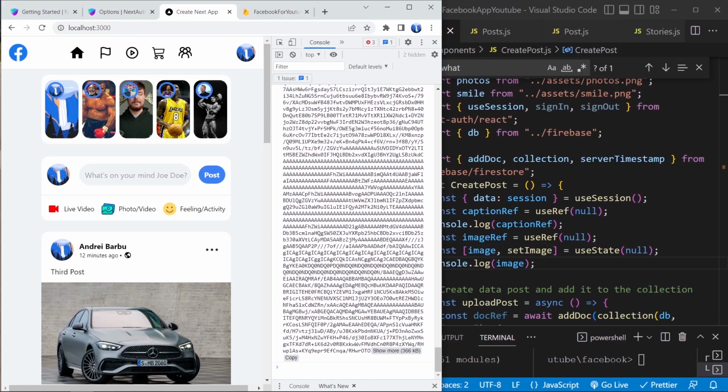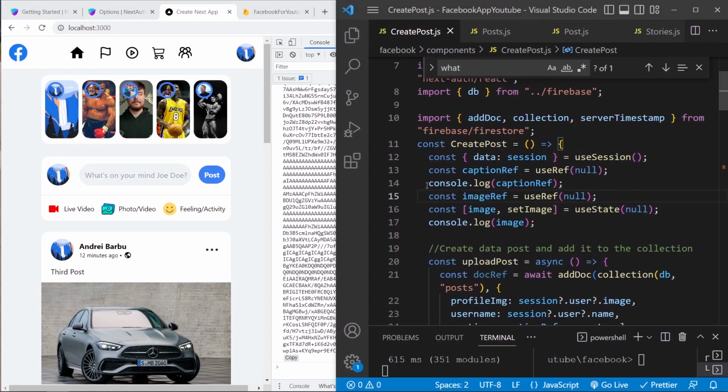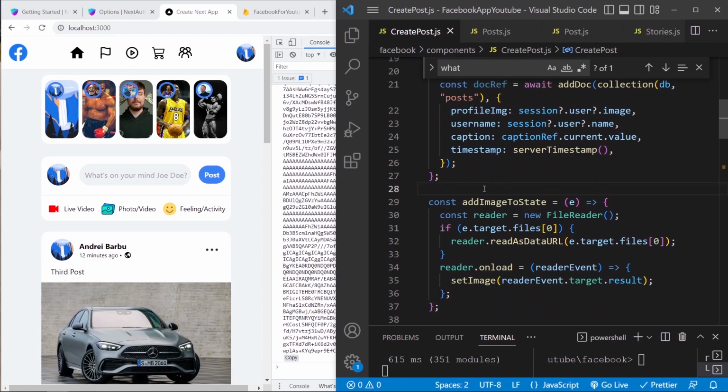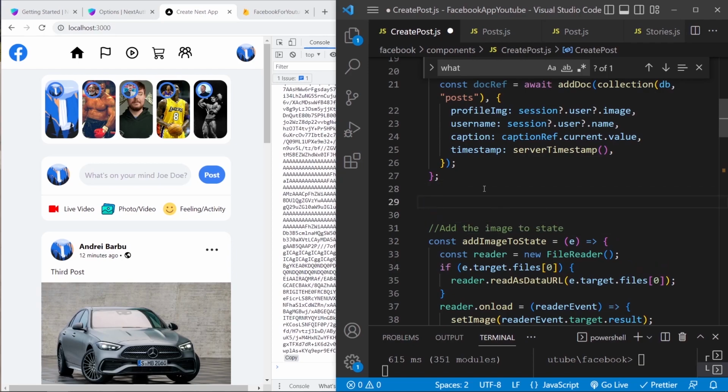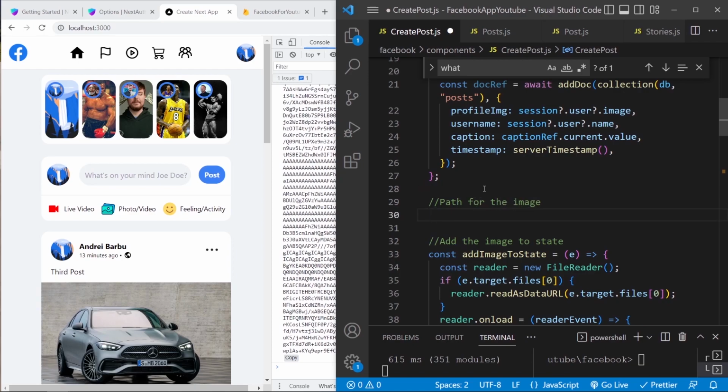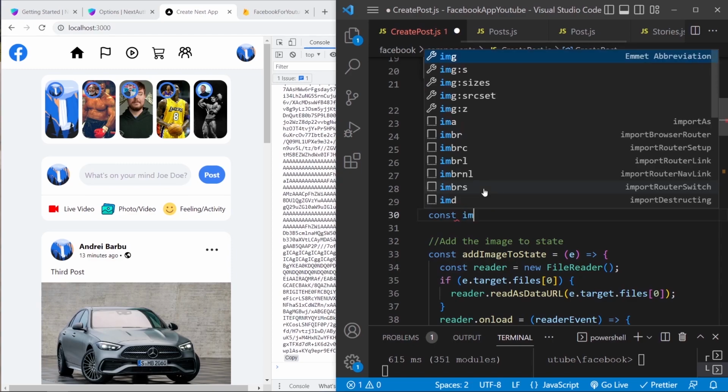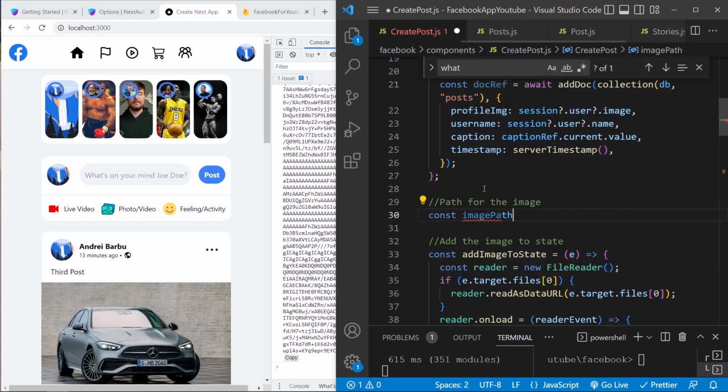So first let's create a path for this image. If you go here, I'm going to comment this "add the image to state", and then first let's create the address where we want this image to be uploaded. So I'm going to say path for the image, const imagePath. It's a normal const, and I'm going to say ref